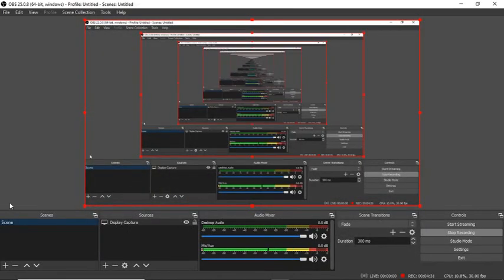Next is where we will look at the scenes box. Scenes box is a very advanced feature used in OBS Studio. I'm not going to give you a tutorial on scenes, but then you could again explore, because I have not learned much about it. But then in my own understanding, this is how it works.